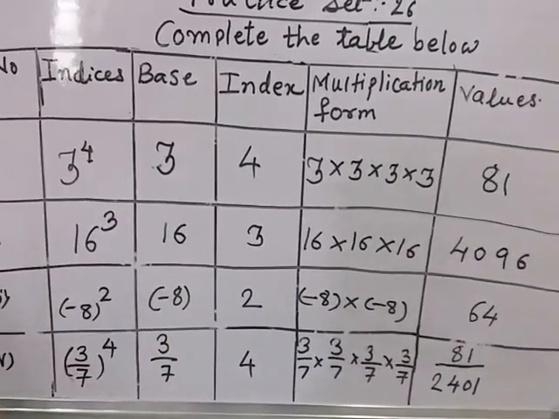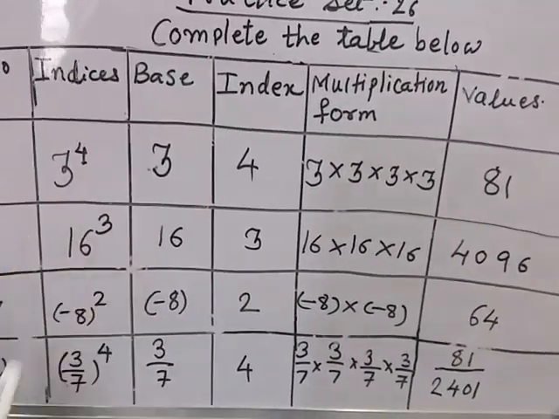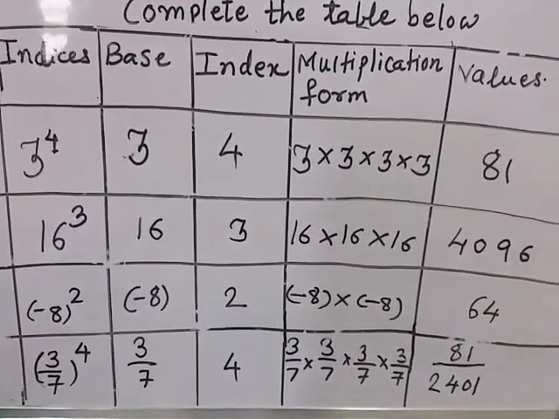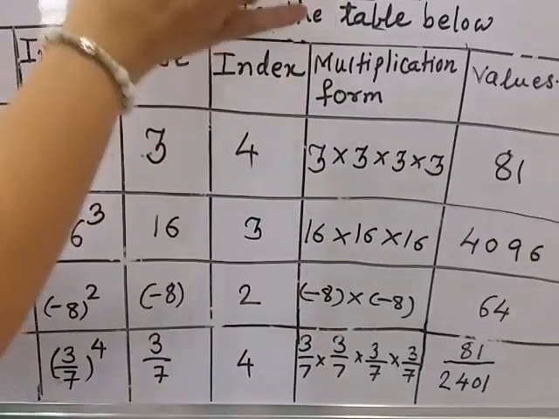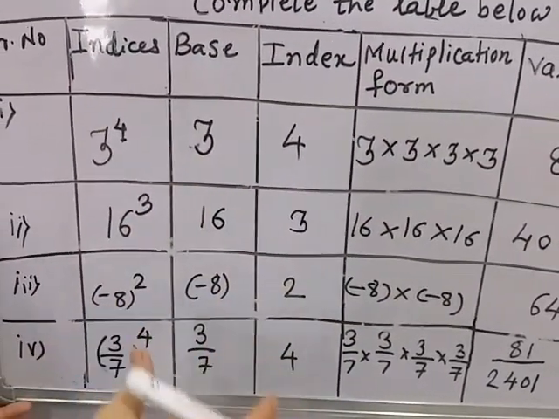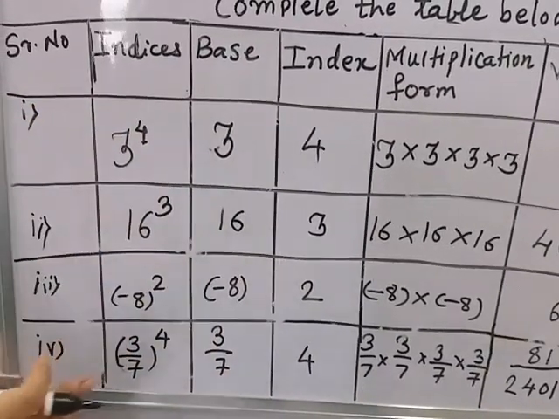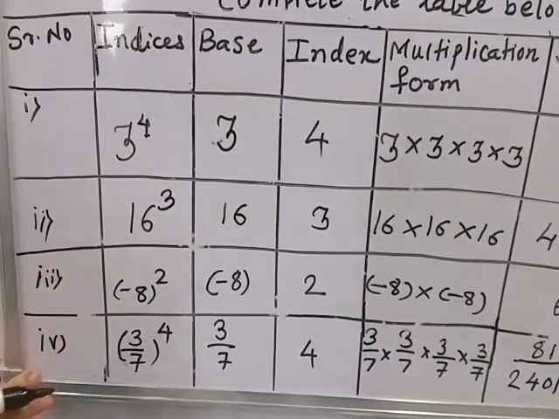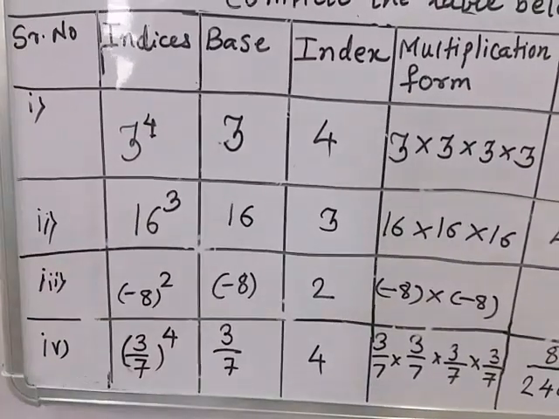There is one more question, number 5, in the same table. So you complete that table by yourself. And I repeat once again, this full table you have to write down in the textbook itself. Okay. Now let's start with the second question. Now the second question you have to write down again in the maths notebook.